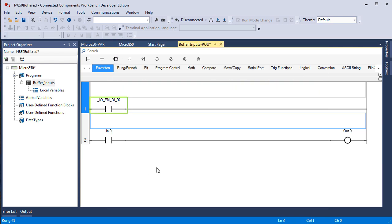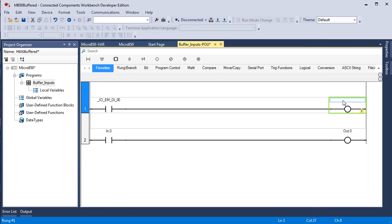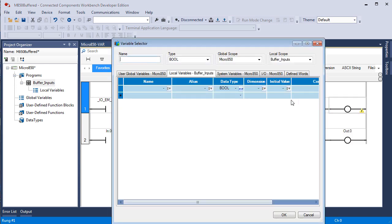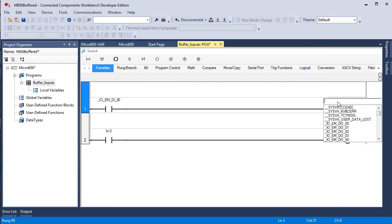Right there, digital input 0. And then we're going to go over here and put in a direct coil or an OTE. And I cancel this, right click, variable selector. We could have stayed with this up there just to have it. And then I had you put in in.0. So it would be simpler just to go